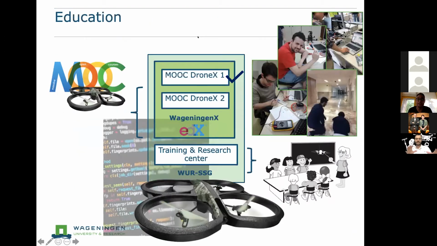My research line is also aligned with education. So I have developed MOOCs. There is already a MOOC, running for 3 times, called drones for agriculture, that you can find on edX. And there are plans, of course, to continue and do a series of MOOCs about drones in agriculture. So now we are already working on drones for agriculture 2.